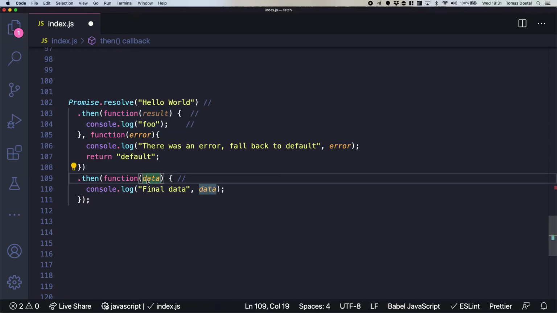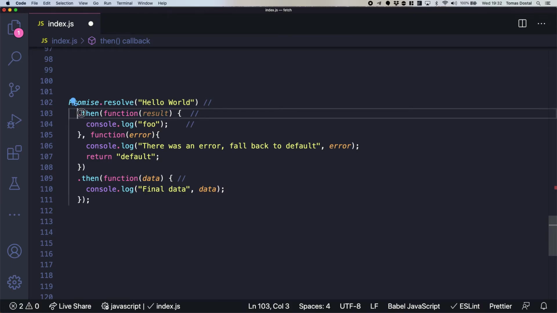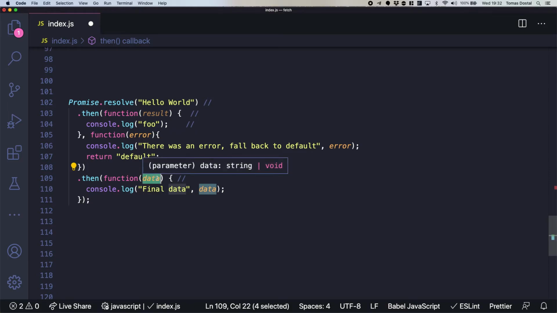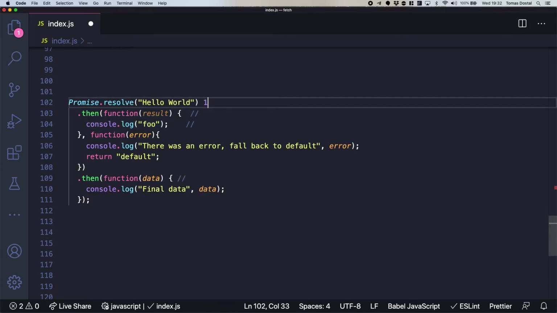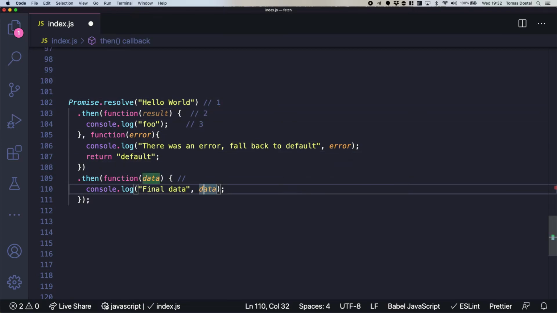So that means that the second step will have no data because we didn't return anything. You need to remember that the chain of the promise does not magically remember what the first result was. It will take whatever the return or result from the previous one is, and in this case we don't have any. So when you come in here, this data is undefined because there is nothing returned, so it went 1, 2, 3, and it jumped in here 4.